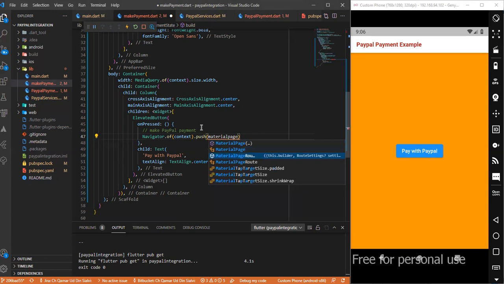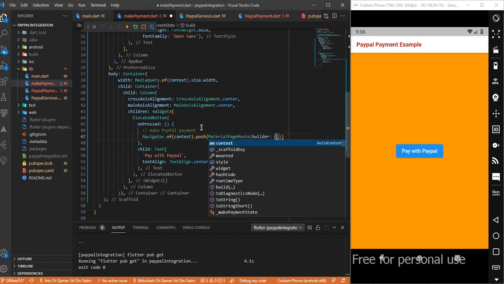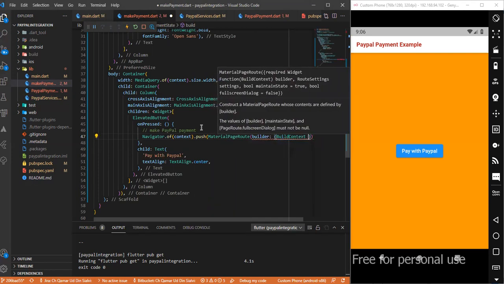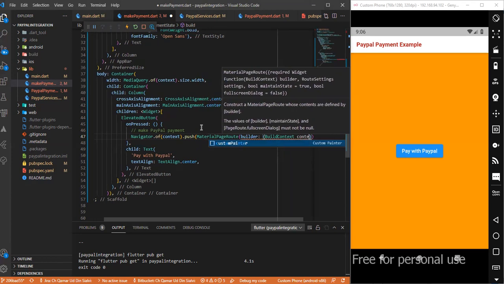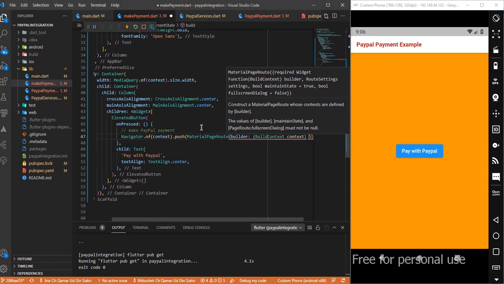That is the material page route. And of course, here we need to give the builder. So we need to give the build context, and this is the context. And the context of this is going to be